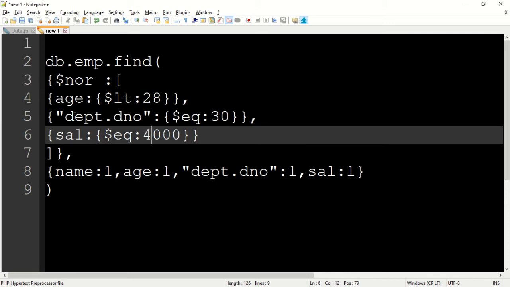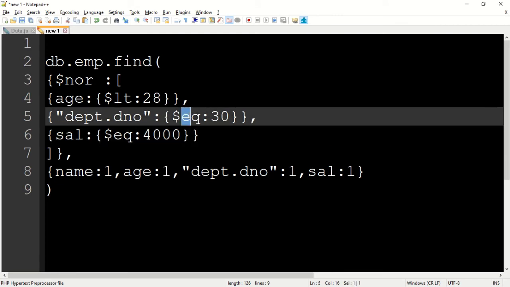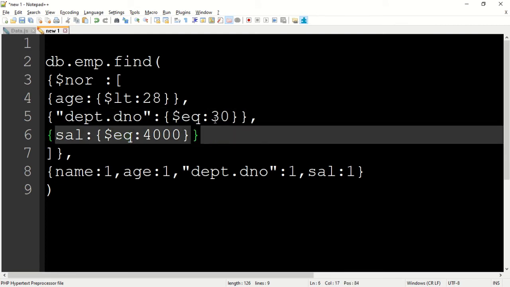So now we said age should be less than 28. NOR means not of that, so the age should be greater than 28. Any age greater than 28 will do, because NOR means not of all those conditions. Again, department number is equal to 30, so any other department will do: 40, 10, 20 and so on, but not 30.